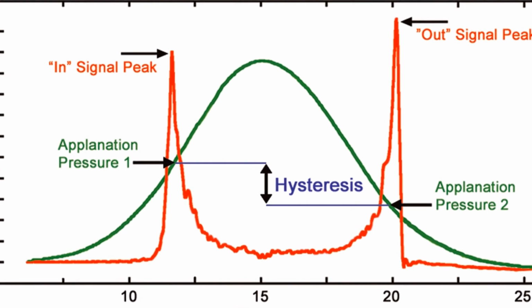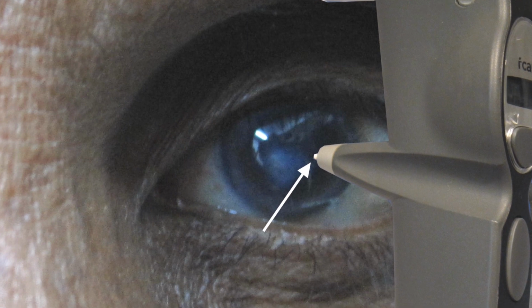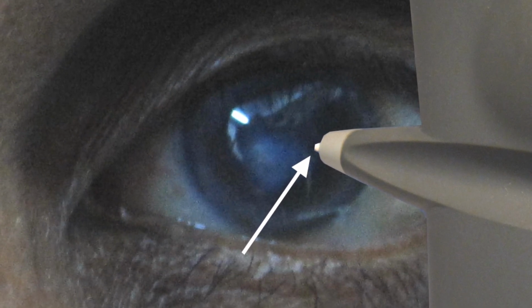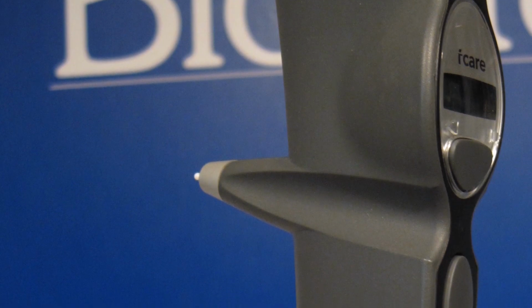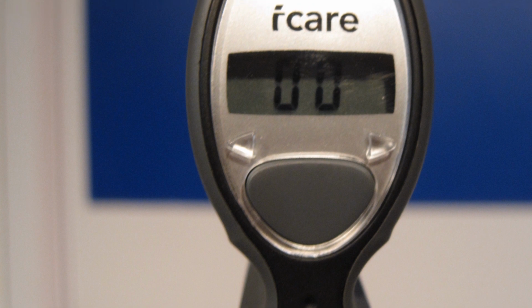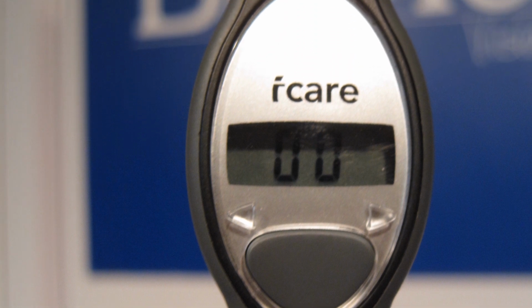Ocular response analyzer is based on air puff technology and has double applanation. This helps in the measurement of biomechanical properties of cornea in addition to IOP. In rebound tonometer, a magnetized probe impacts cornea. It decelerates and rebounds from the surface. Deceleration is assessed by a sensing coil, being less at low and more at high IOPs.